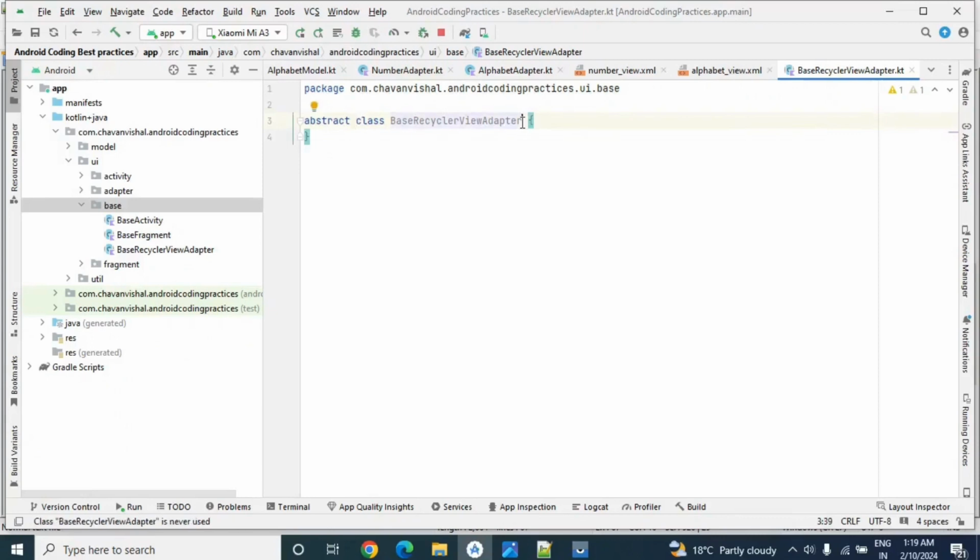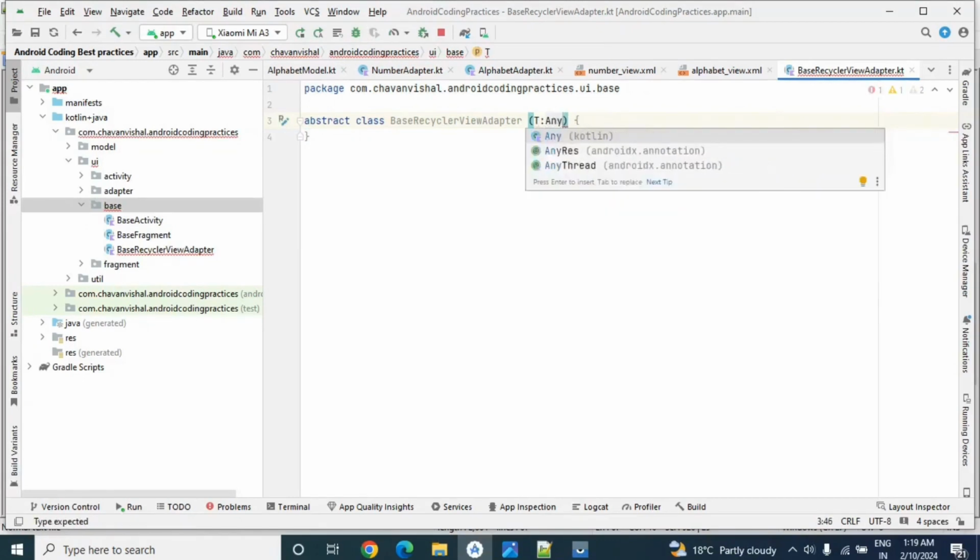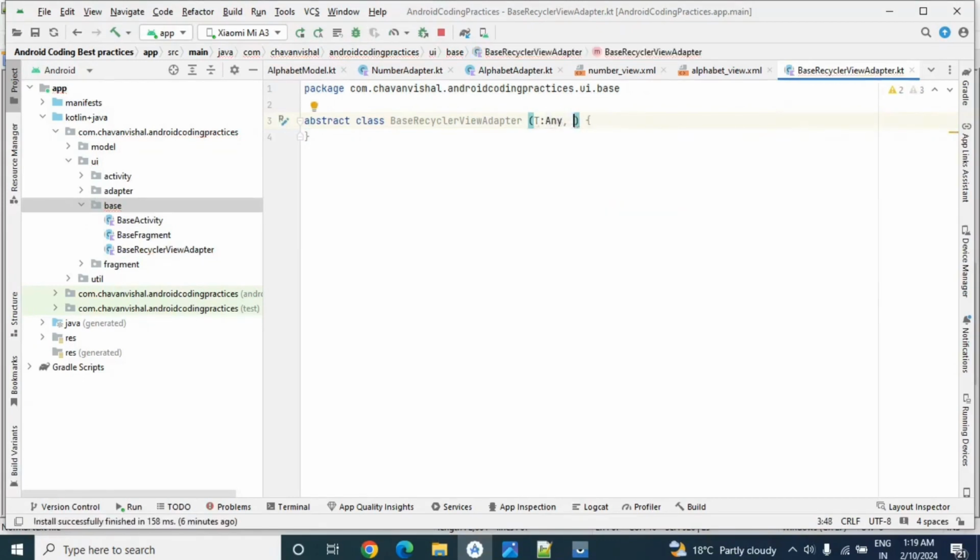So here we will define two generic types. First one is for list item or for our model class, and second is for view data binding. Here first one is for our model. Okay, so T of any. So this T will accept any kind of model like number model or user model, data model, anything.